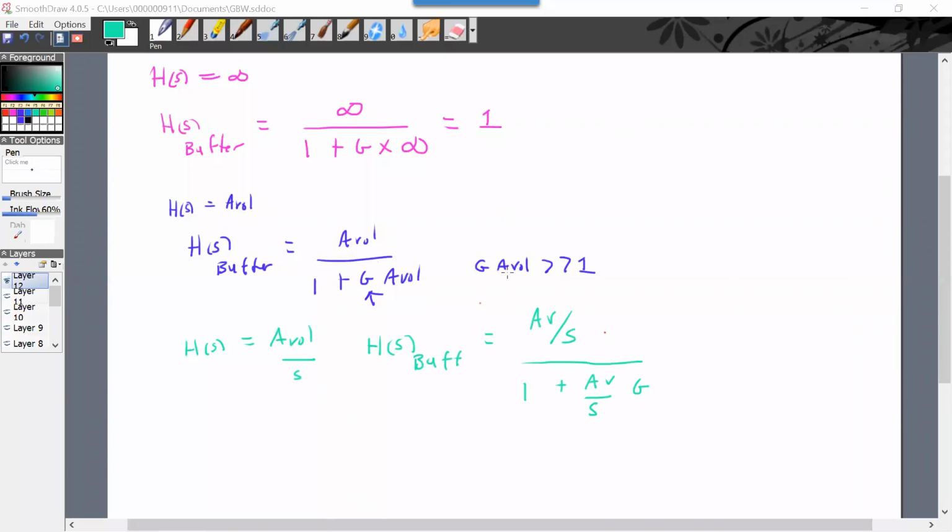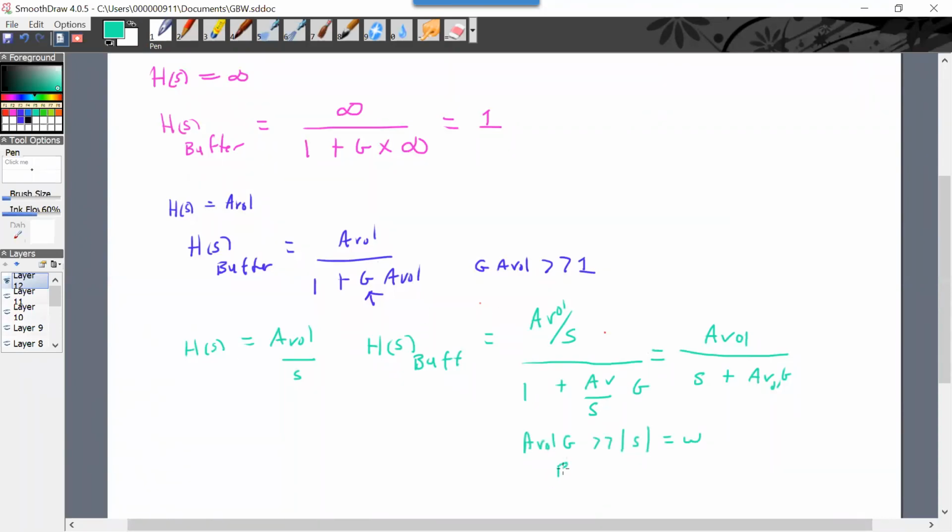Okay, so I'm going to multiply through by S. All right. Well, when will these open loop gains cancel out? Well, when the open loop gain, so omega has to be less than this ratio times the open loop gain. And that G is